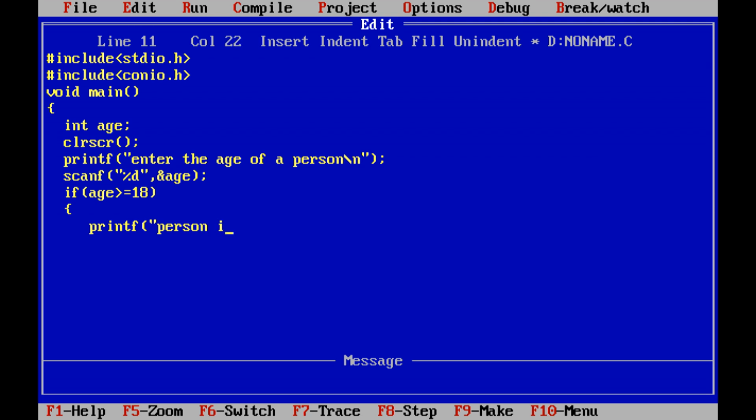So this is the statement within the if block.